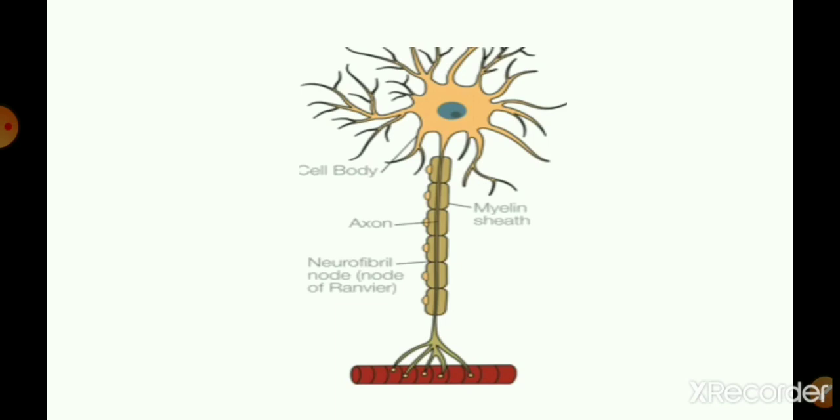So these are the different animal tissues that are present in our body. In my previous video, I had discussed two of the animal tissues: epithelial tissue, which is the protective lining of the body, and connective tissue, with different types like areolar tissue, adipose tissue, ligament, tendon, bone and cartilage. All these were discussed. They connect one part of the body to another part. And in this video, I have discussed the muscular tissue, which is responsible for bringing about various kinds of movements, and the nervous tissue, which is specialized for receiving the stimulus, generating an electric impulse, and then transmitting it to other parts of the body.